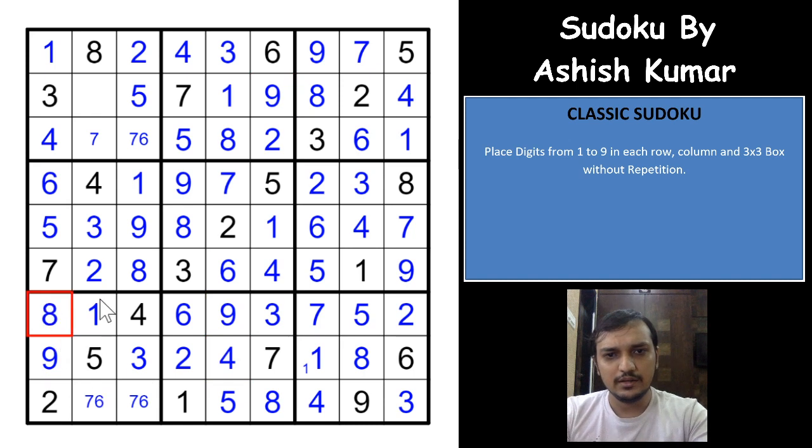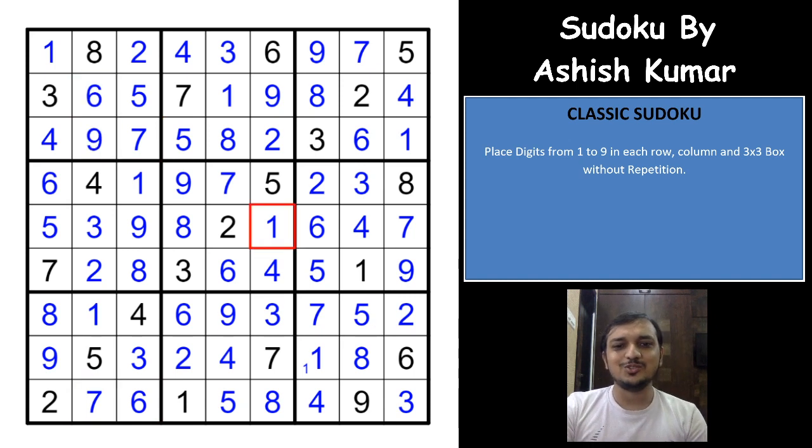So 9 8, this would be a 7, that gives you a 6 here, a 7 here, a 6 here, and a 9 here. And with that we complete this gorgeous classic Sudoku. It was an excellent Sudoku, I suppose, because finding the X-wing, the swordfish, finding one X-wing, finding two swordfish at a stretch, and then getting a triplet because of the swordfish and X-wing, that was a really difficult one.